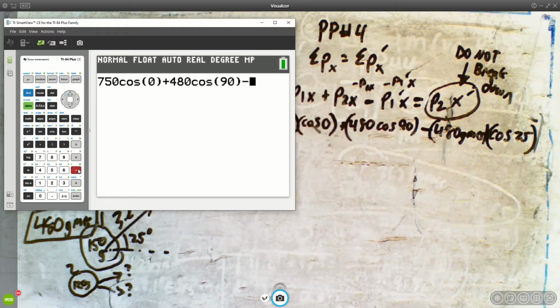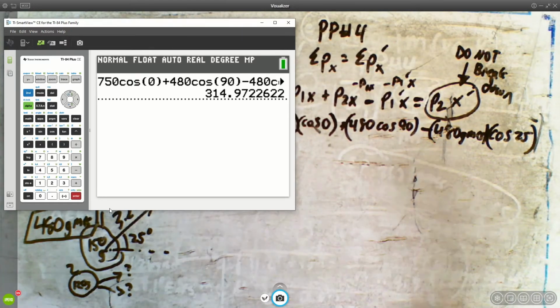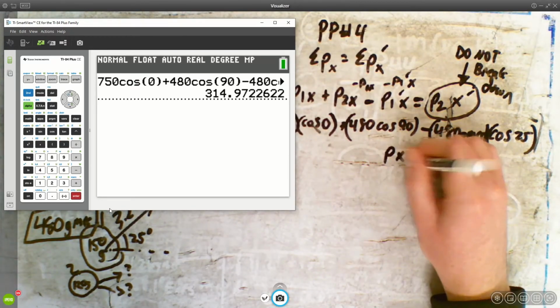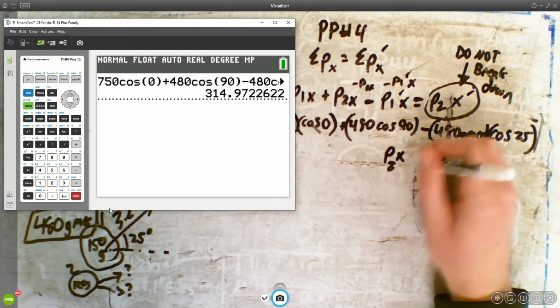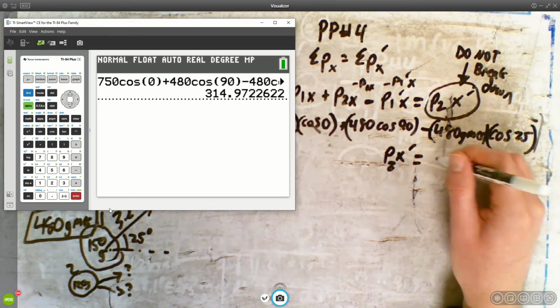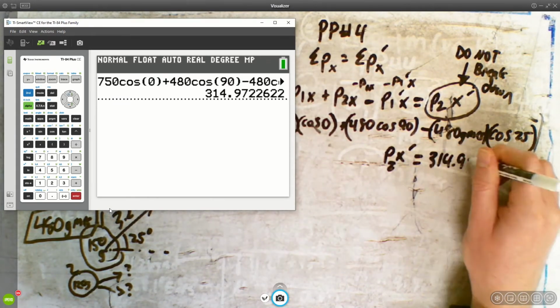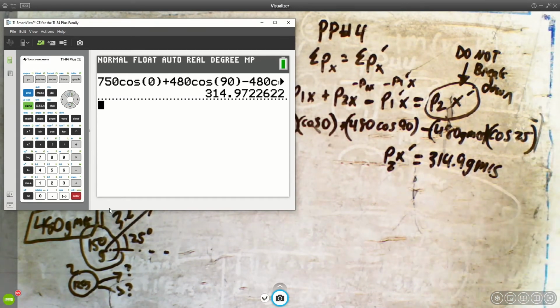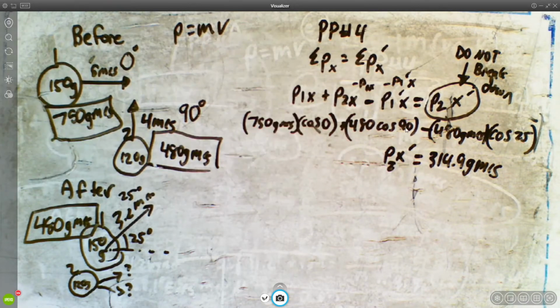And then we subtract 480, just happened to be the same, just a fluke, cos of 25, like that. No extra brackets, nothing else needed. Right? So what we get is the momentum in x for 2 after is 314.9. And I'm going to use that whole answer. Everything's in grams meters per second, so we're going to keep it the same. So the reason I want to put it all in one in my calculator, the reason I want to include that